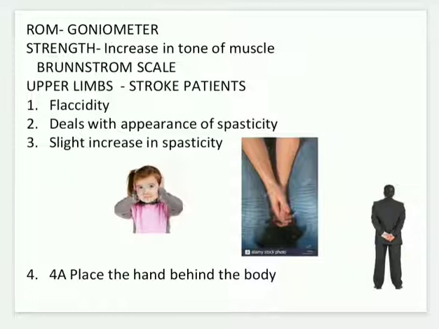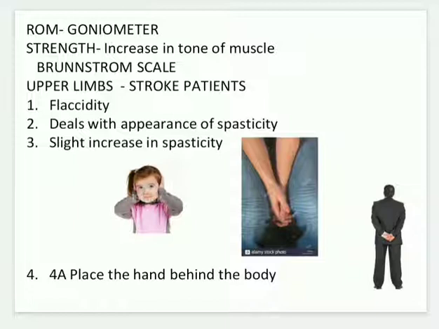Grade 5 tells about the complete range of motion against gravity, with some amount of resistance, maximum amount of resistance. Grade 4 tells about complete range of motion against gravity, with some amount of resistance. Grade 3 tells about complete range of motion against gravity with no resistance. Grade 2 tells about gravity eliminated position. Grade 1 tells about flicker of contraction. And grade 0 is zero, meaning it can be paralyzed.